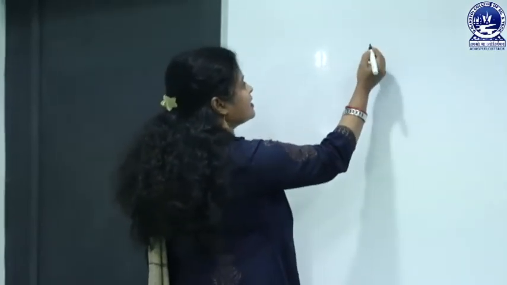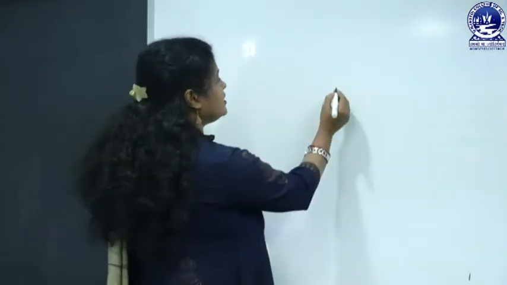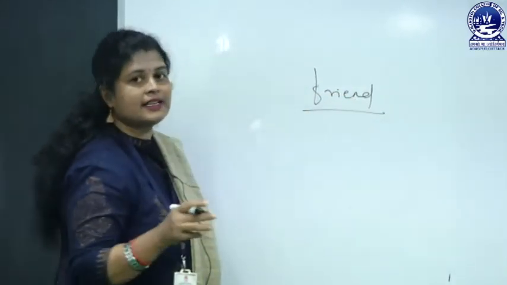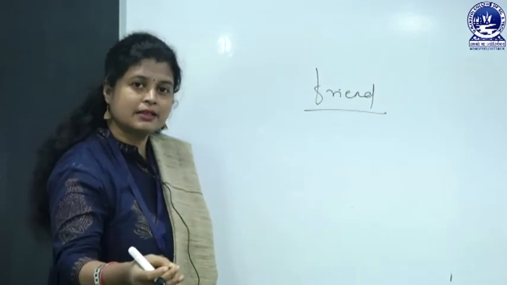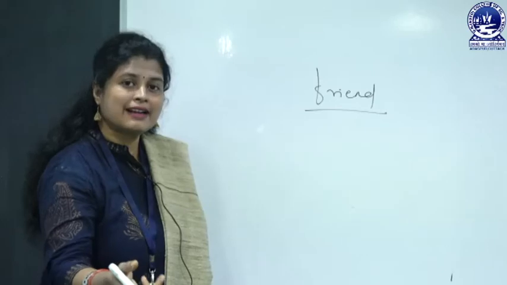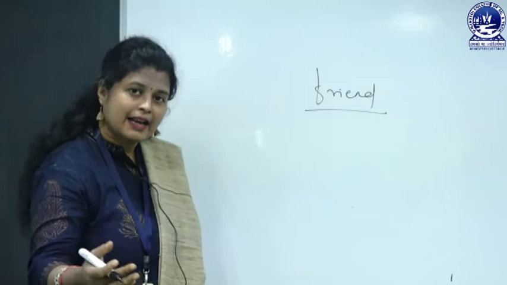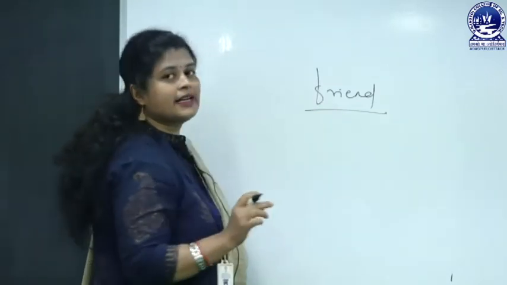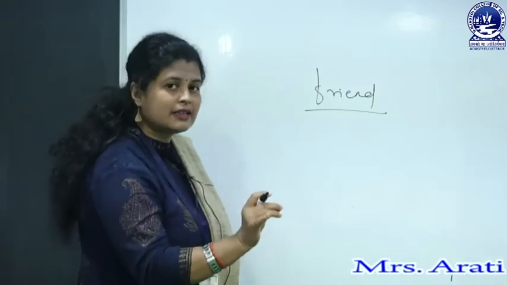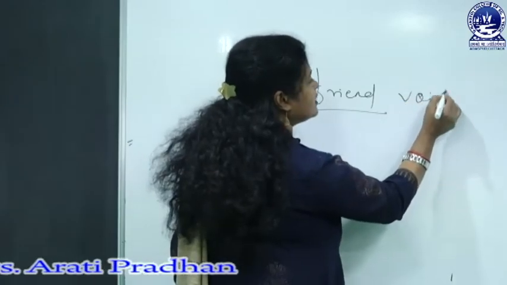Okay, let's start. Suppose you are using a friend function, then the first rule is the function declaration will start with the keyword friend. Friend is a keyword. When it is added to a function, that is called a friend function. If it is added to a class, then that will be called a friend class, which we will explain later. Suppose I am writing a function named so, and I want that function to be a friend function. Friend void so.